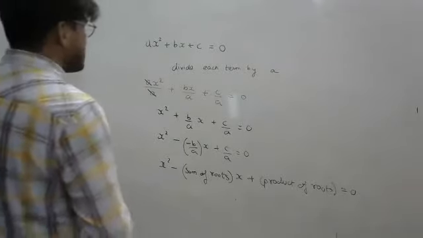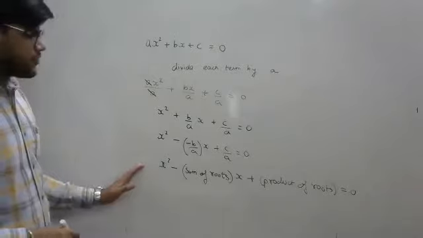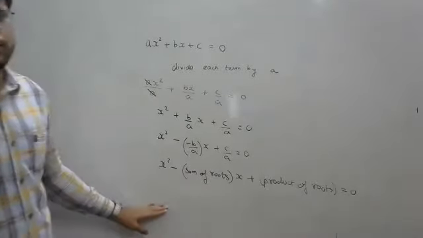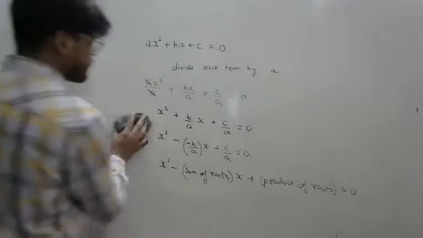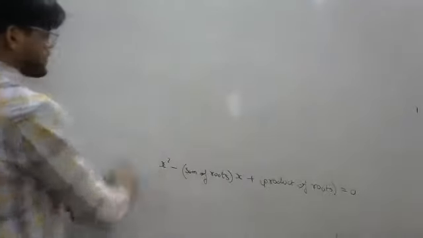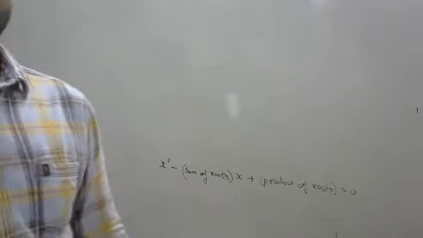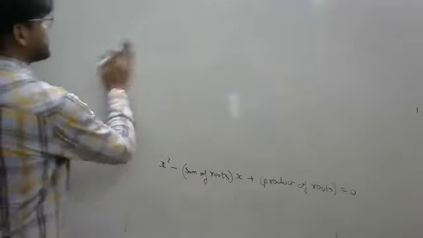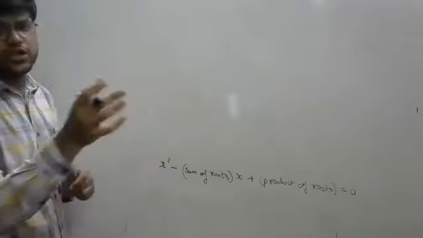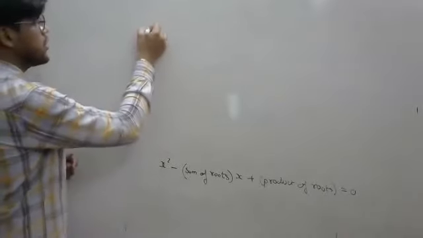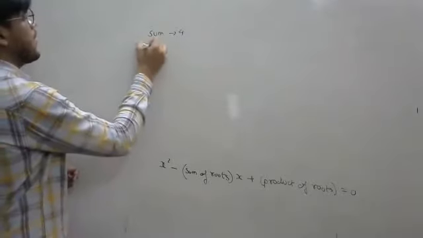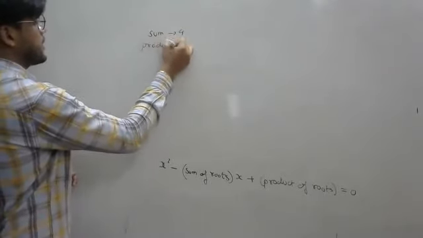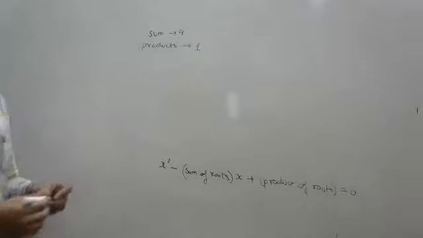Yes. So this was the derivation for the formula. Now there's no need of derivation; you have to remember this formula: x square minus sum of roots into x plus product of roots. Suppose in the last part of question 2 they have given that the sum of roots is 4 and the product of roots is 1, and you have to form the quadratic equation.